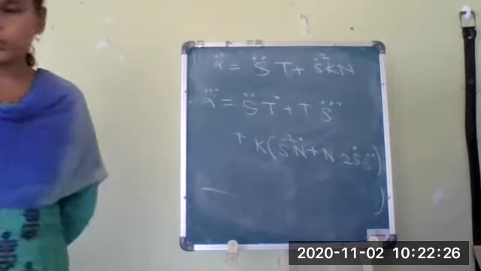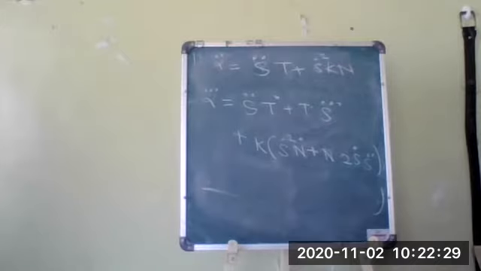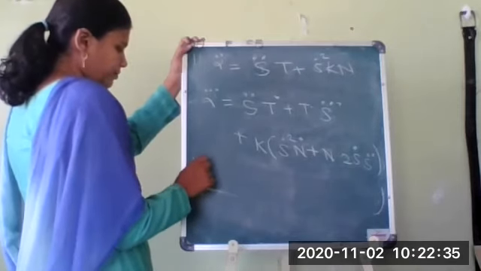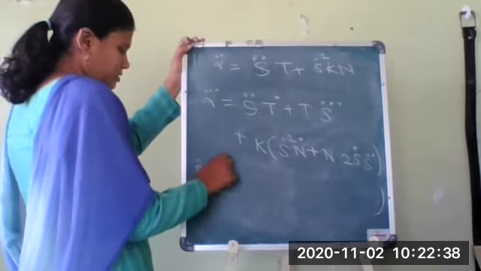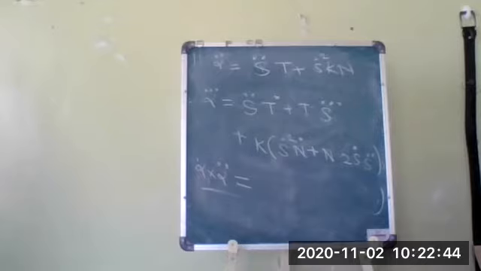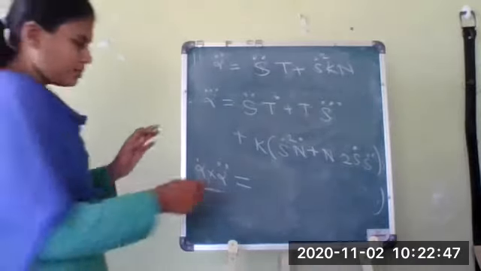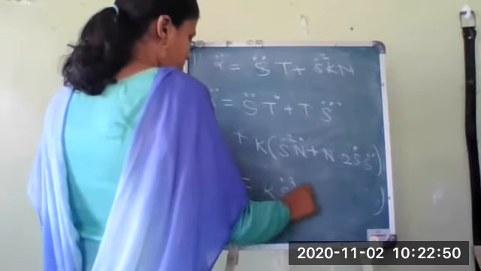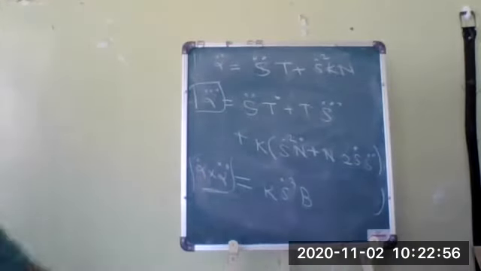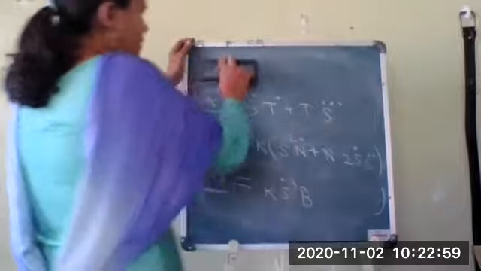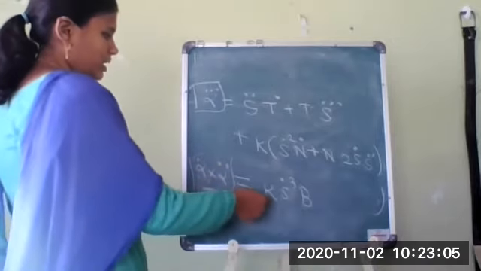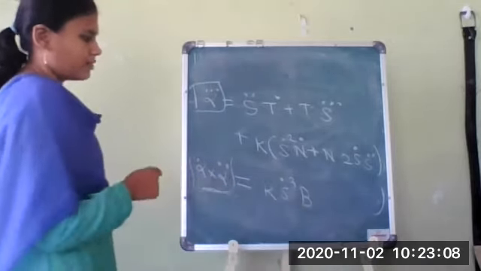So we have obtained this expression for alpha triple dot. Now we have to perform the dot product of alpha triple dot with alpha dot cross alpha double dot. First let me write down the expression for alpha dot cross alpha double dot. We have obtained this is K s dot cube into B. Now we have to obtain the dot product of this with this, so that we will get some other formulas. We just have to multiply K s dot cube with each and every term.